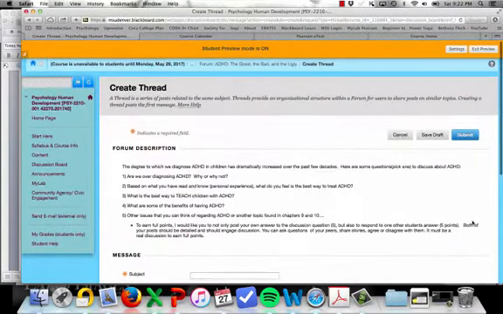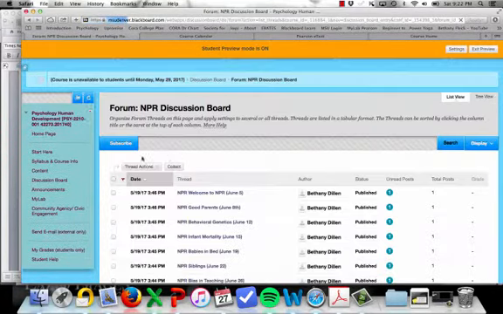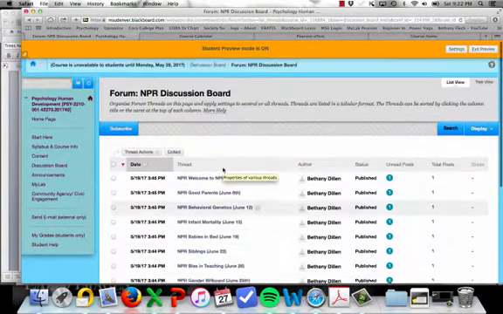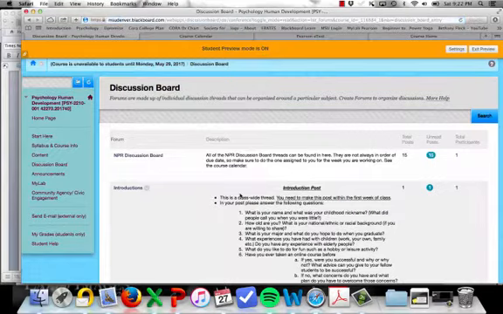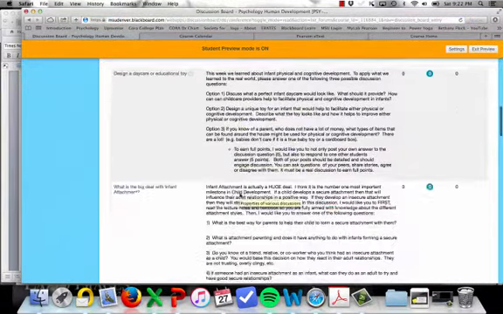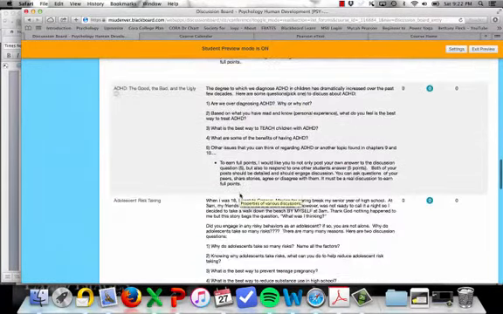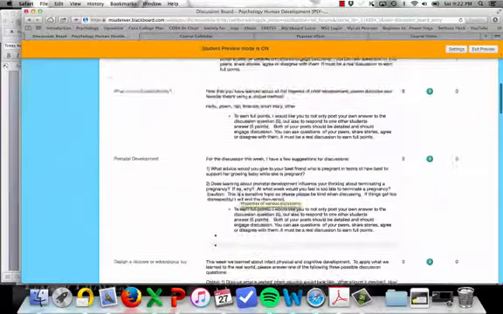and then hit submit. All right, if you're ever unsure of how to find the discussion boards through those links in the content tab, you can always come to the discussion board tab itself. You'll see the NPR discussion board here. It has all those threads. We've already looked at that. And it also has, just in a row, one after another, the chapter class discussion board. So you can find the one that's assigned to you for that week.